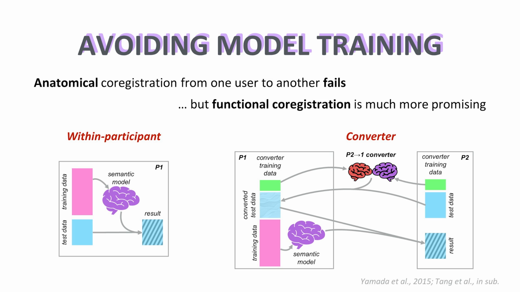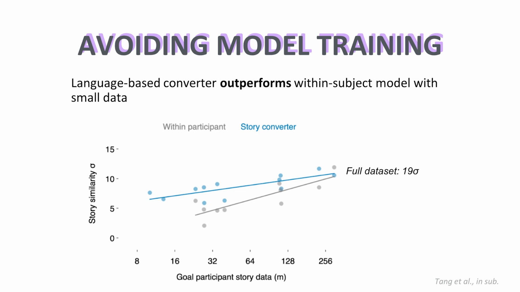All right, so we still have to have some training data here, this small amount, but it's a lot less than the 16 hours of training data that we have over on this side. So how well does this work? It gives us a pretty big boost over training within subject. So this is showing